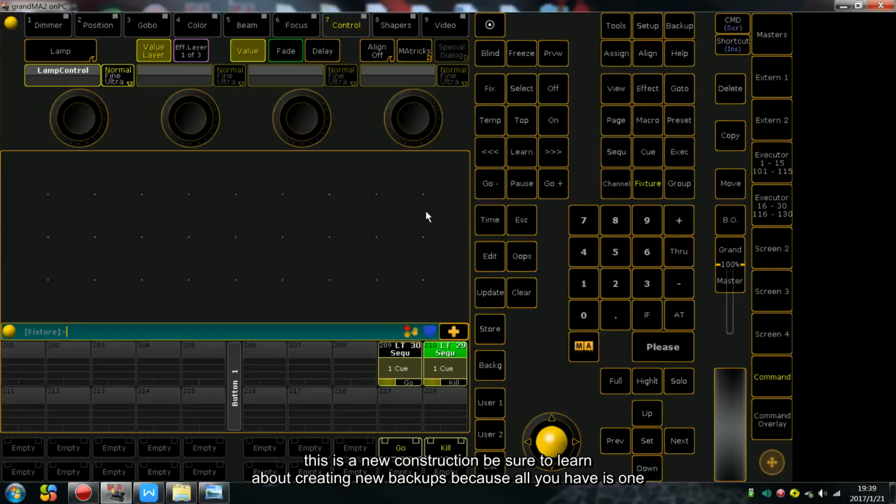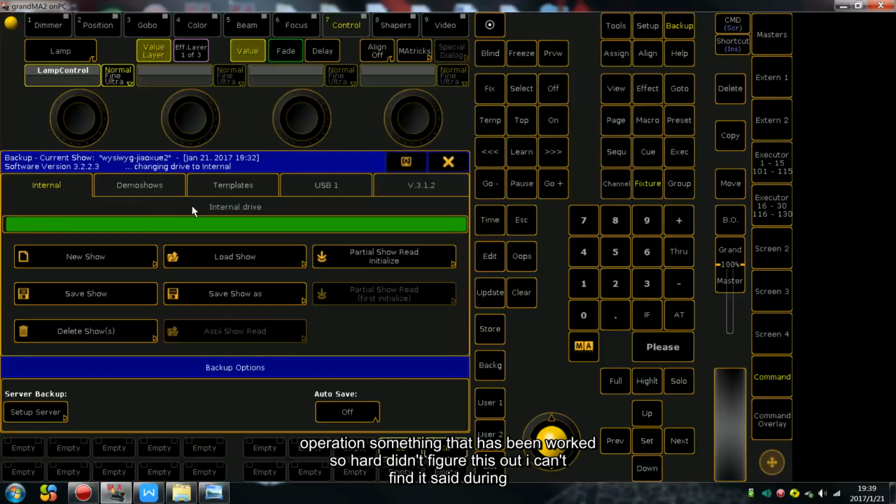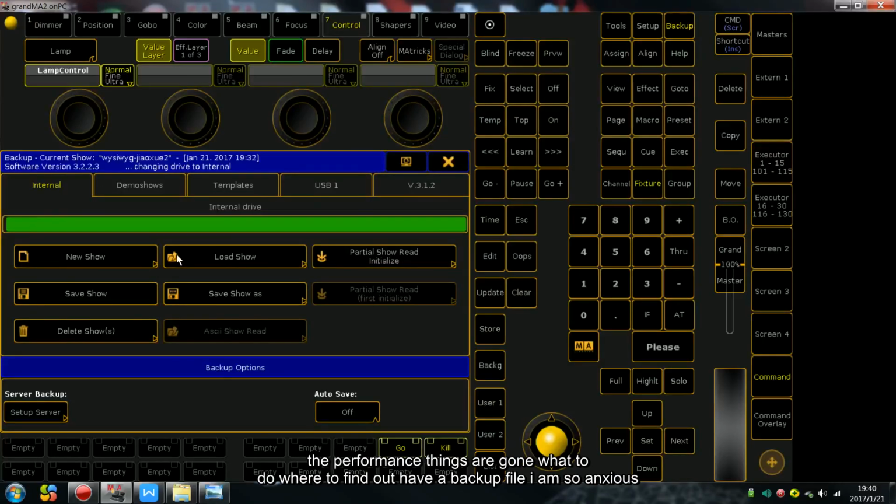Be sure to learn about creating new backups because all you have is one operation. Something that has been worked so hard on, if you didn't figure this out, you can't find it, you say during the performance. Things are gone. What to do? Where to find it? Have a backup file. I am so anxious. So, this one is commonly used. Be sure to remember it clearly. This is one of his